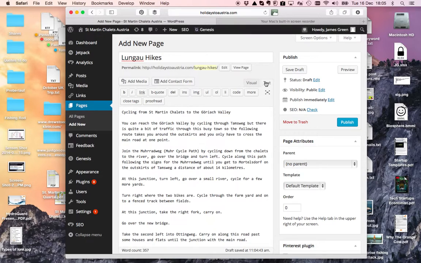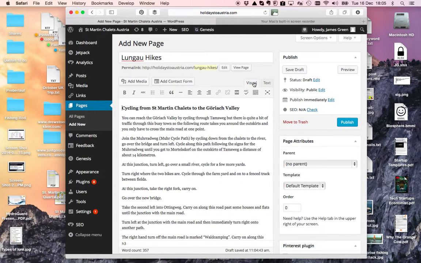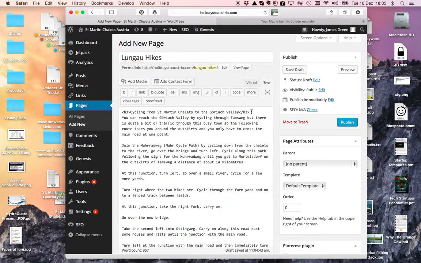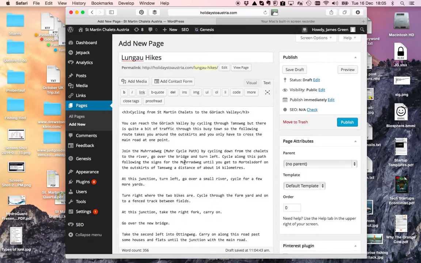It's better to work in the text editor, and for a header I just use H3 in those little brackets there, and when the header finishes I do the same but with a slash across, and if I look back into the visual editor you can see that's now a title. So I always work in the text editor. So there's the title, here's the text,